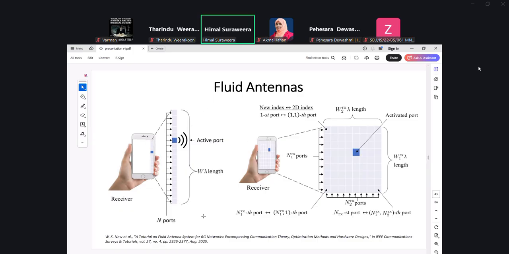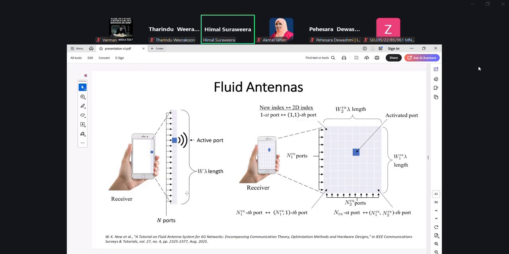This is called a 1D fluid antenna system. The right hand one is called a 2D fluid antenna system. According to the 1D diagram, there are n number of ports, and the antenna can be positioned. Depending on the signal strength that you want to give to the user, it can be located at a different, desirable location from the top to the bottom.